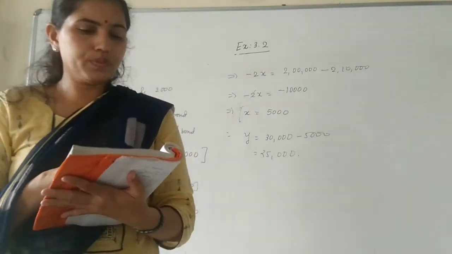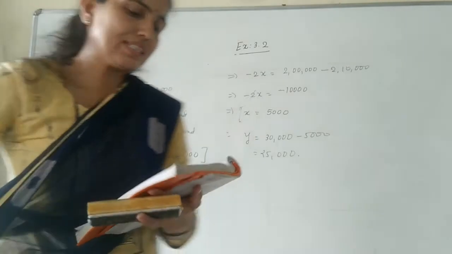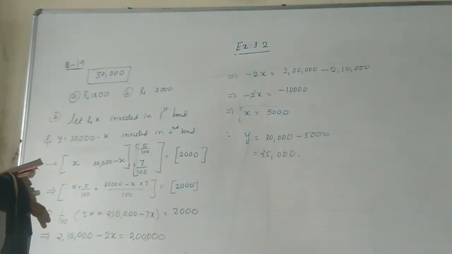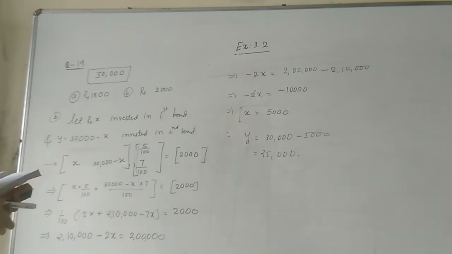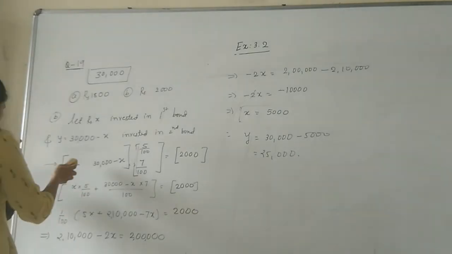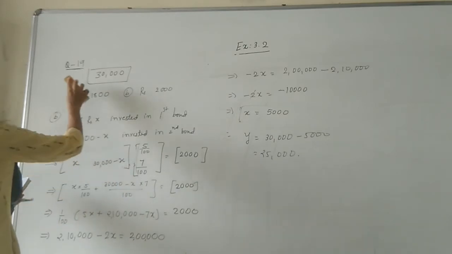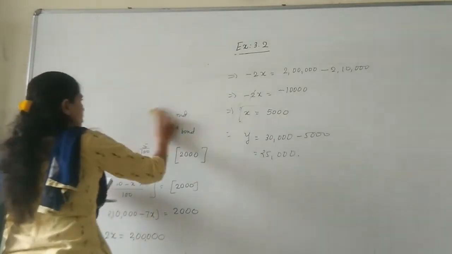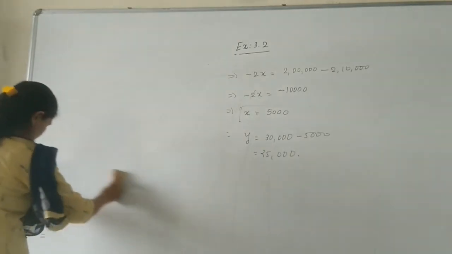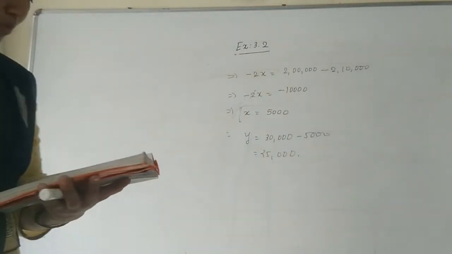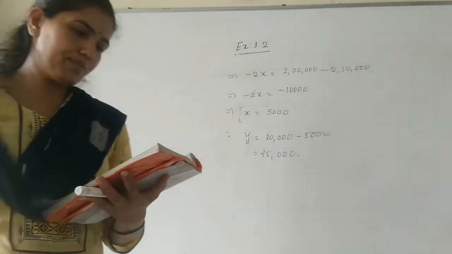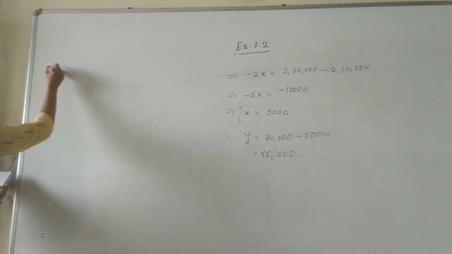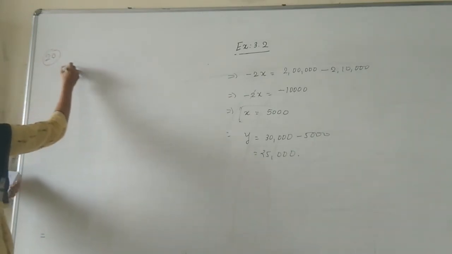The bookshop of a particular school has 10 dozen chemistry books, 8 dozen physics books, 10 dozen economics books, and their selling prices are 80, 60, and 40 each respectively. Then find the total amount of books using the matrix algebra. That means we have three types of books, so we are writing three types.